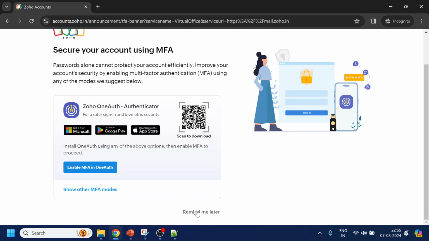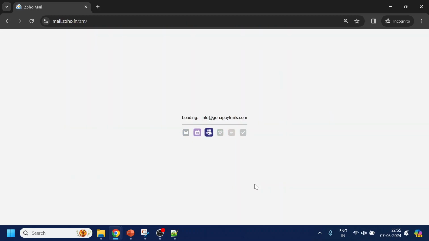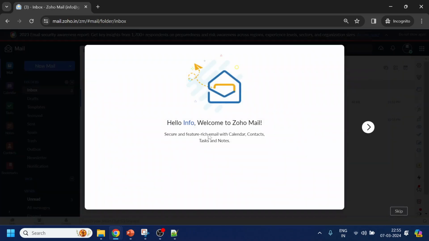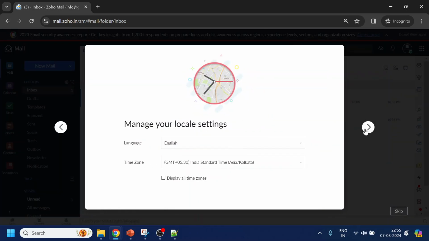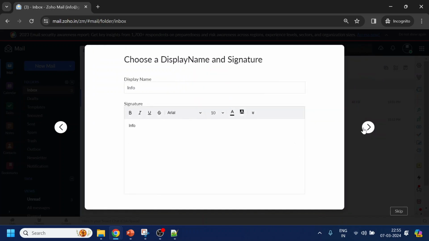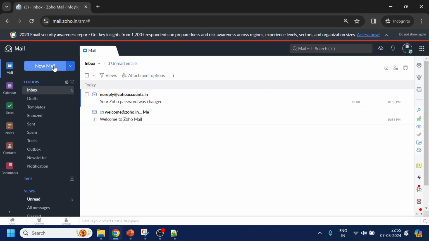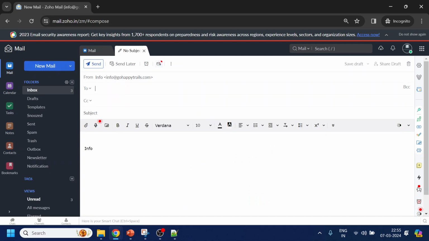Enable multi-factor authentication, that I will not do. That is his problem, the owner of this email. Now what you can see is I have logged into Zoho Mail and it will show me what to do here and there. Display time zone is okay, all okay, all okay. Access Zoho Mail. Okay, so what I will do is I will drop an email to myself and see if I'm able to send, because for now only receiving email is the challenge since